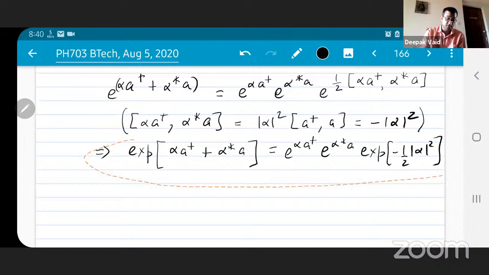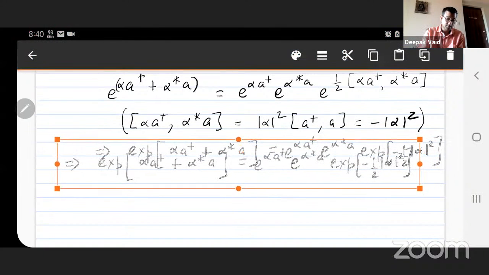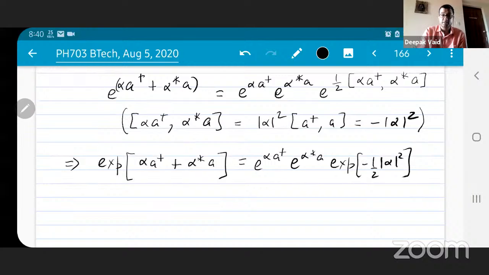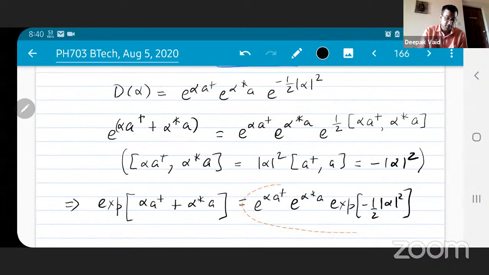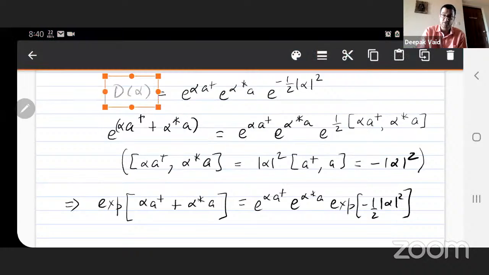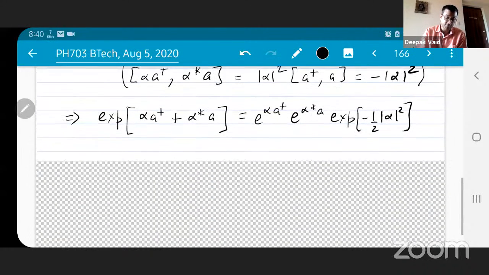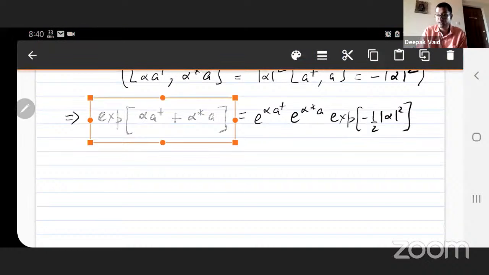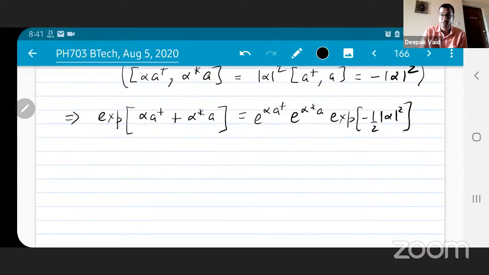By using this fact, this expression in the second line, what is this? This is just the definition of D alpha, right? So D alpha is also written in this way as a single exponential. How? Using the BCH identity. And again, the reason we can write it in this way is because,